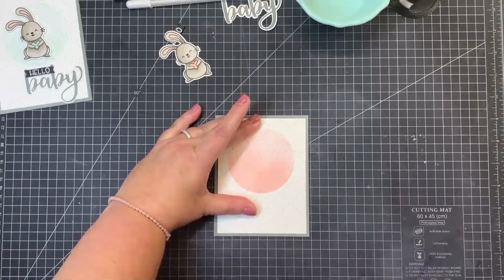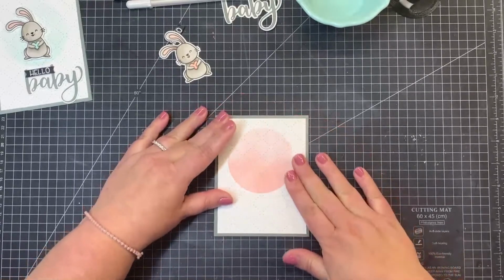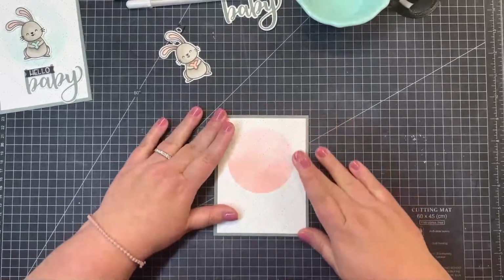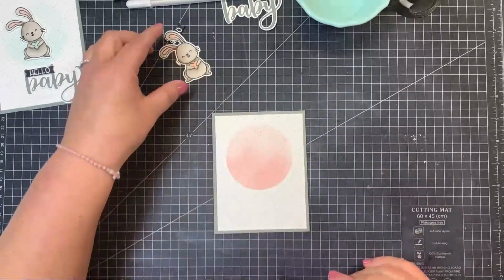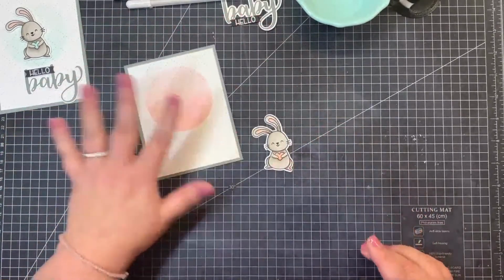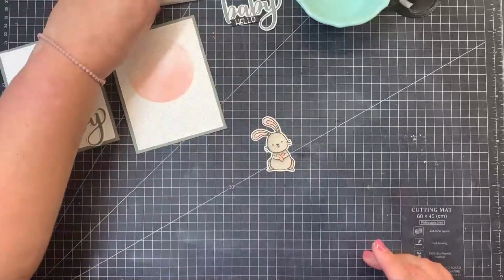Let's see here. Hey, Carol, love your hops. The design team is wonderful. You're absolutely right, Miss Carol. Young granddaughters, absolutely. I have a couple of friends that are expecting babies, and so I thought that this is perfect. And then whether I need boy or girl, I'll have a couple of cards already